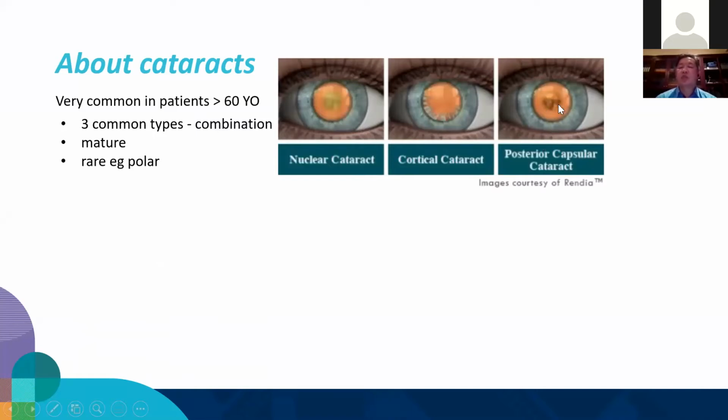So what happens is that when people read, the pupil constricts and they say they can't read, or during a bright day, the pupil constricts and they can't see. But at night time, when the pupil dilates, they can actually see. So these may not look like much, but visually they are the most disabling. Then you have the so-called third world cataracts or mature cataracts, which unfortunately in our society we still do see from time to time, but it's not as common as, say, a third world country.